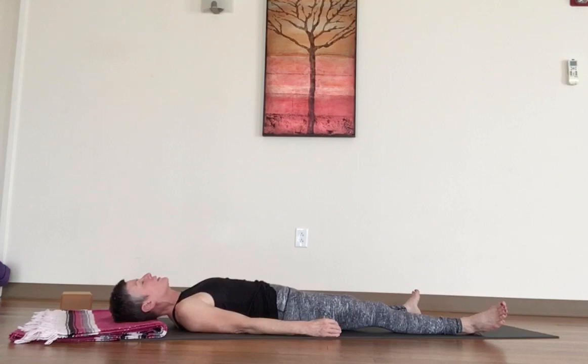Coming up through the body, inviting it to rest as much as you can. Making sure when you get up to the neck and the face that you've unlocked the jaw and the muscles around the face. And taking 6 to 10 minutes just to rest. If it's the end of the day and you